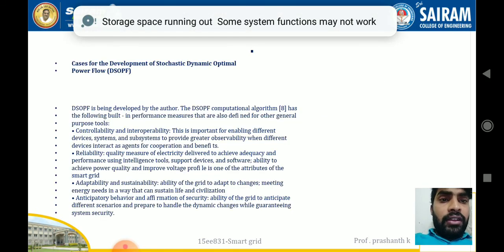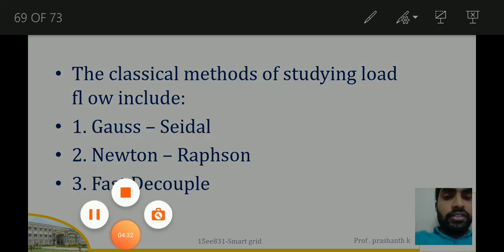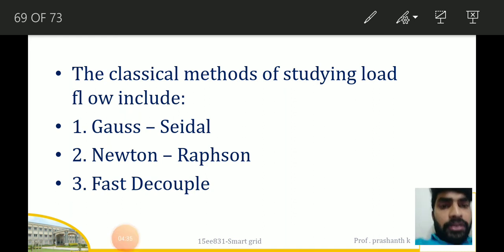Finally, we have the Gauss-Seidel method and the Newton-Raphson method for the discussion, right? The fast decoupled method and the Newton-Raphson method. So in this, a number of iterations must be there. The number of iterations is in the sense of reducing the error, like finding the errors in the system, determining the stability of the system, and determining the contingencies or acceleration effects, and that is what we are going to explain.